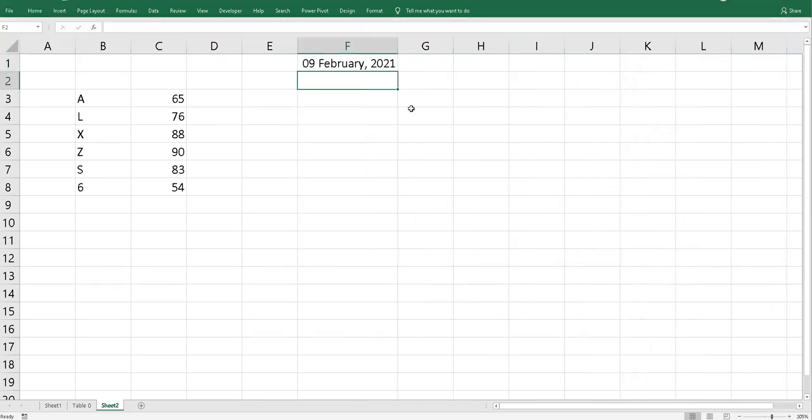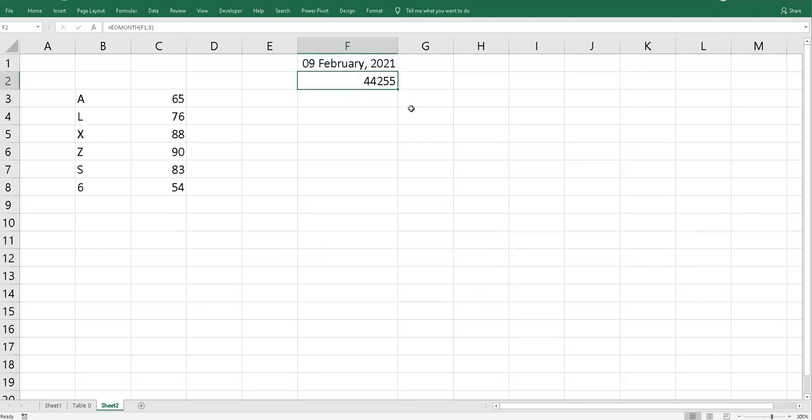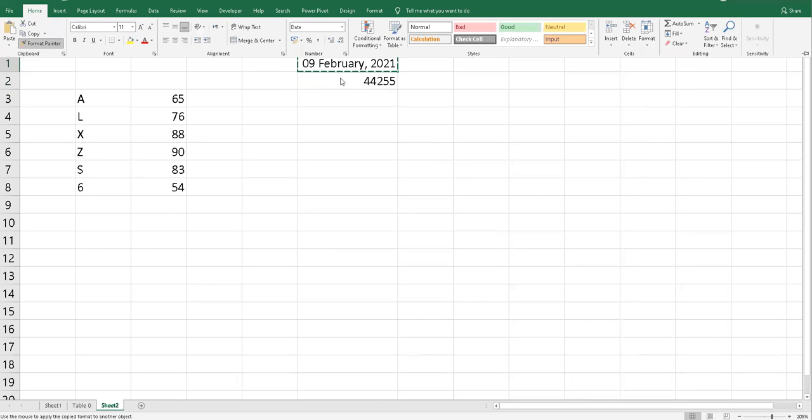9th of February. There's a function, EOMONTH, that gives the last day of the month. Select it over here, and then we will give the reference. We can put TODAY here as well. And we want the same month, which should be 0, so it gives you the same logic.